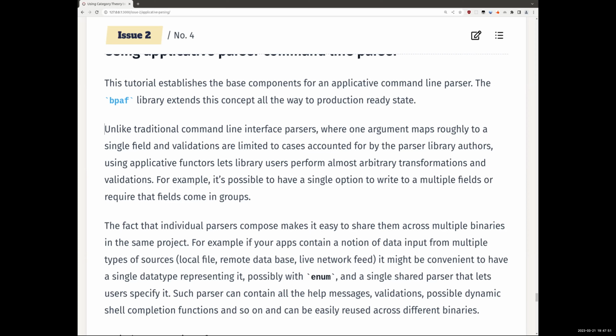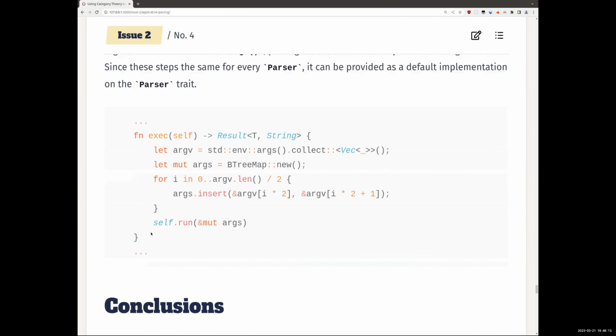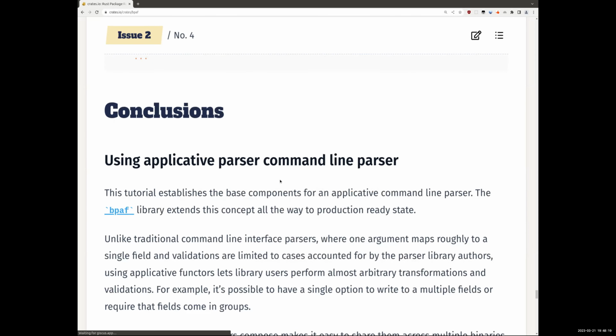It supports dynamic shell completion, colorization, human-friendly error messages, and well, let's say it's much more flexible than CLAP is, because all the computations, all the compositions you can imagine, you can implement using